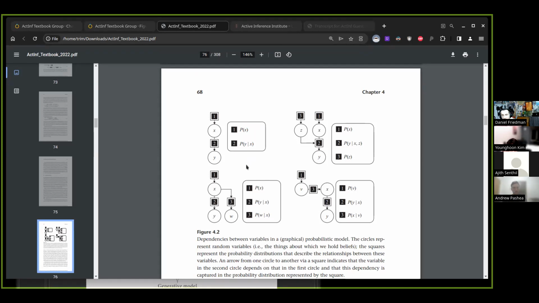So it's a fun exercise to first draw different situations that you're interested in as Bayesian causal graphs, and then also to look at the ones provided here